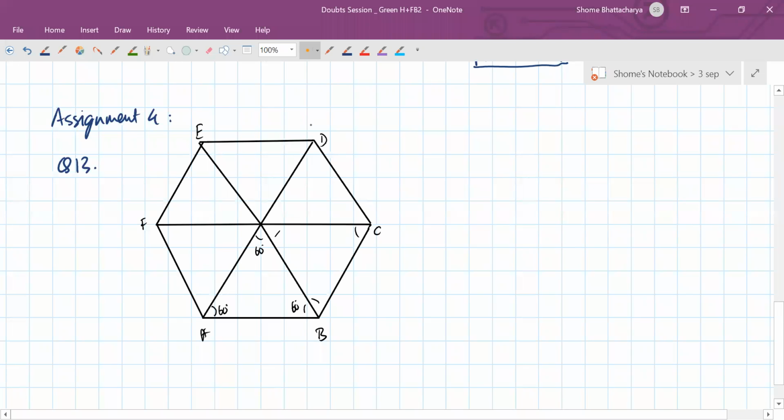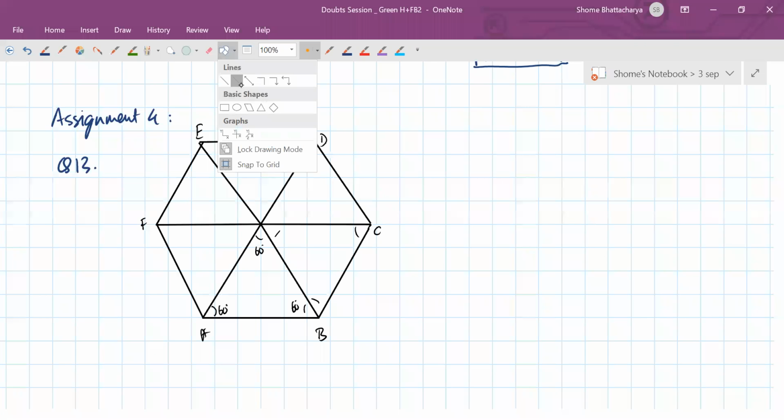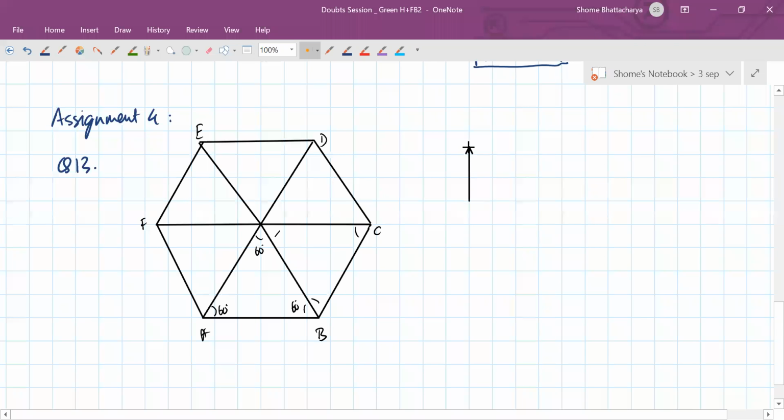Now, see, within this, if you take your XY axis system like this, you'll understand that the vector AB, the hexagon is given as 20 centimeters in side length. So the vector AB can be written as what? It can be written as 20 I cap. But similarly, what about the vector BC?